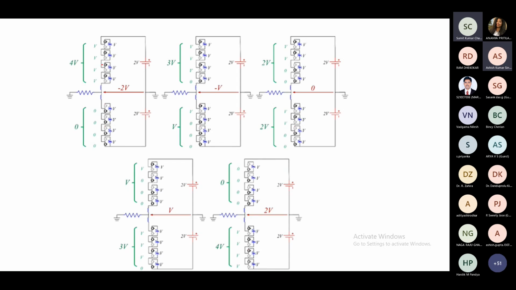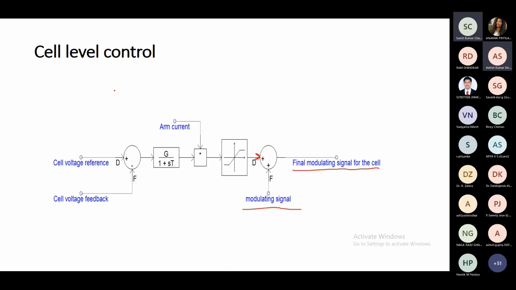Centralized control is also possible. Which cell will be conducting at which instant can be determined by its voltage, the extent of discharge or charge that occurred in the cell. There can be a sorting algorithm. There can be a central processor that takes the voltage from all the cells and runs a sorting algorithm inside to determine, for a given voltage level, which cell has to be operative. But again,